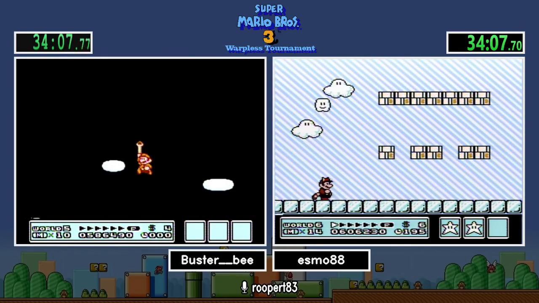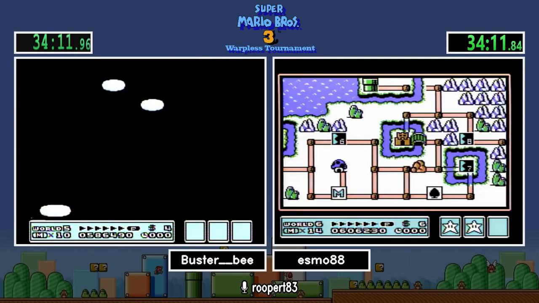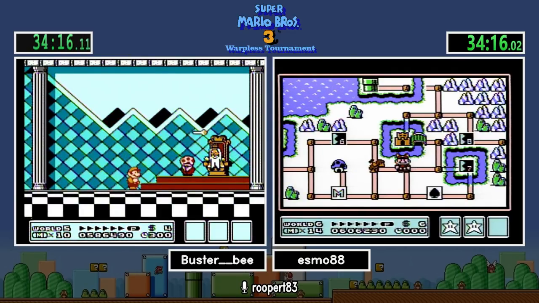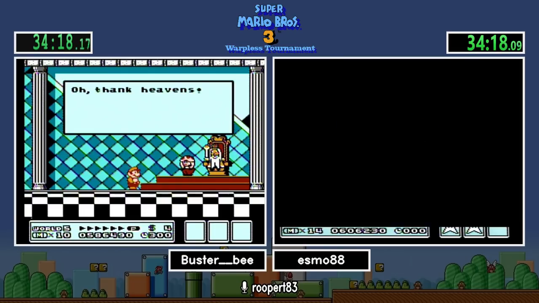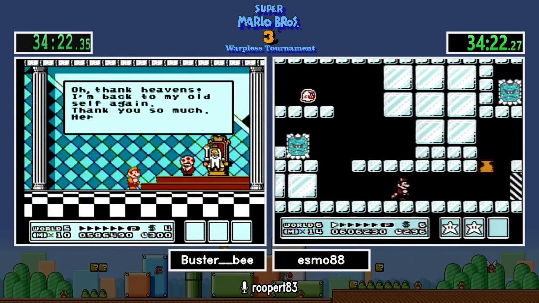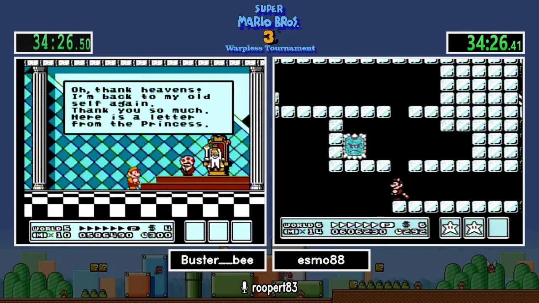And this item for Esmo is the cloud. Let's see if he's going to pick up the star as well. And looks like he's going to skip it. You can fly through a pretty good portion of this level if you do it correctly, and that's what Esmo